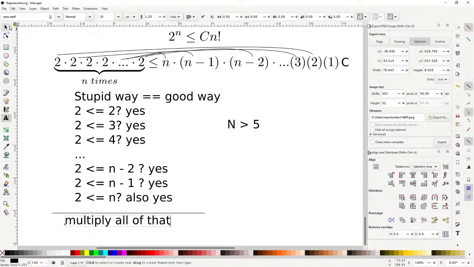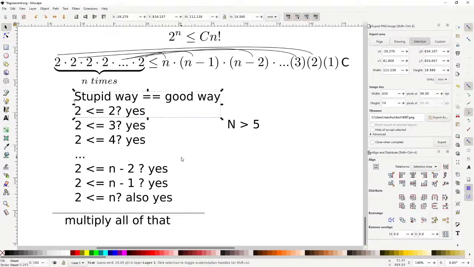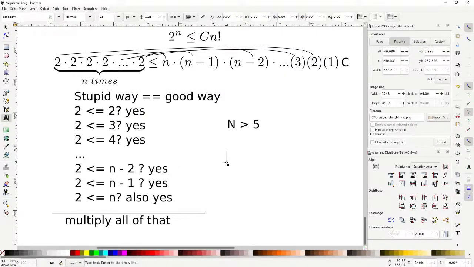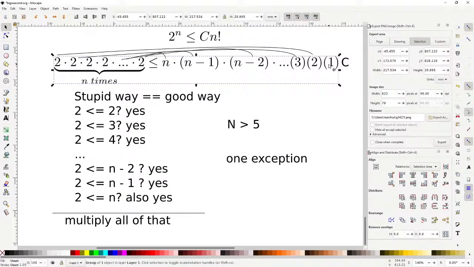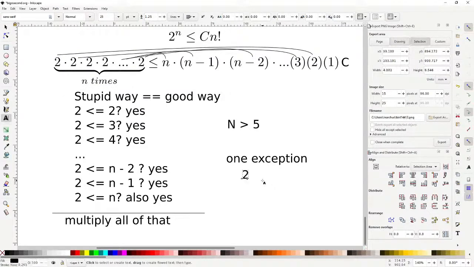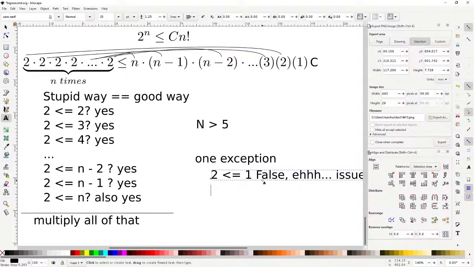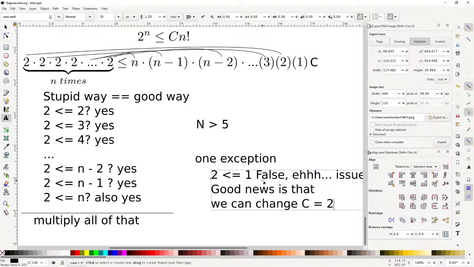And so what we see is that the only time where it's not true, there is one exception. And that's with the first term, right? The first term, where we have 1 here, is not less than 2, right? So our problem is, in fact, that this is false. So, issue, right? But the good news is that we have the constants, we can change c equal to 2,